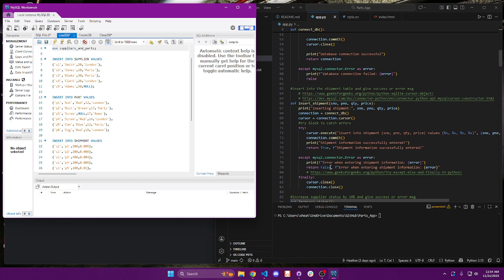And here we go into actually inserting the shipment. One of the assignment requirements was inserting specific values into the database, and this function right here is how we do that. We also have errors if there are problems when entering the information into the database,